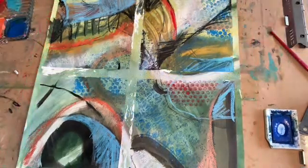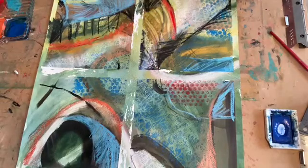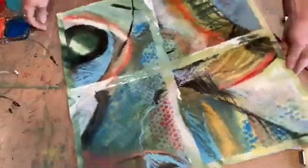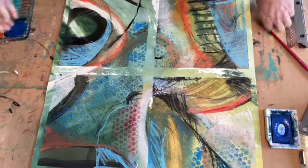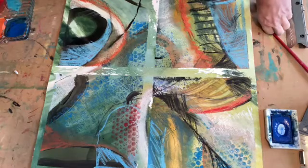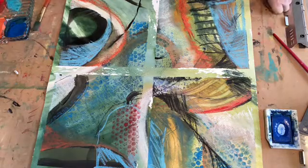All right, I took the tape off. Some of the tape took some of the paint off. I'm sort of looking at this, trying to decide what I like about it, but it is fun to look at it at all these different directions. And I'm thinking I might,